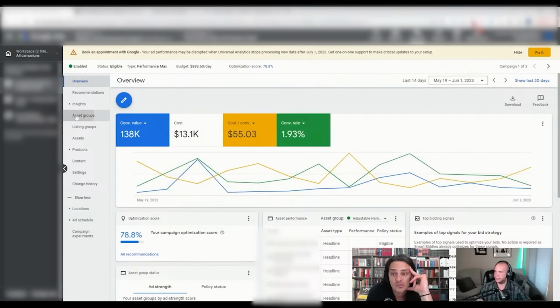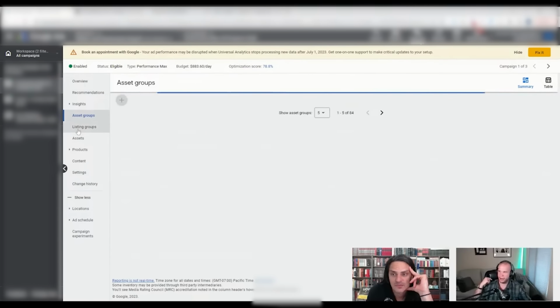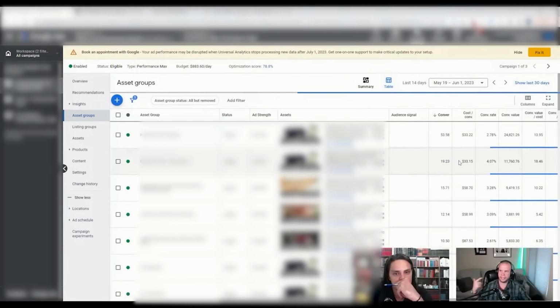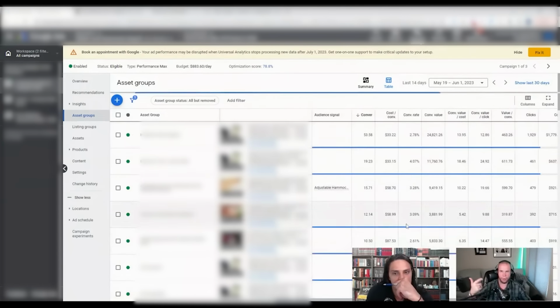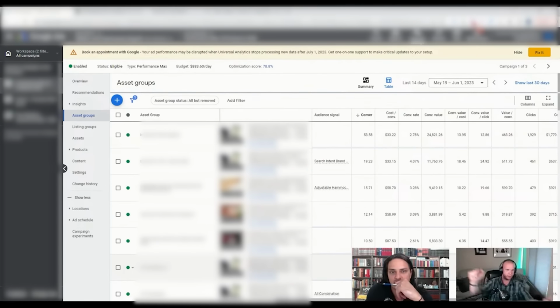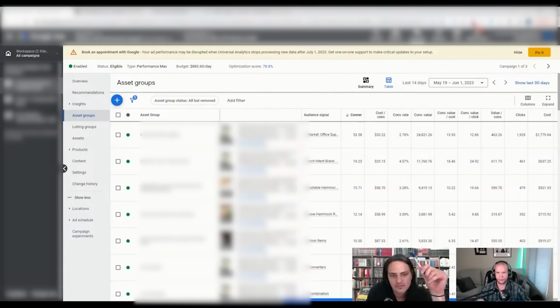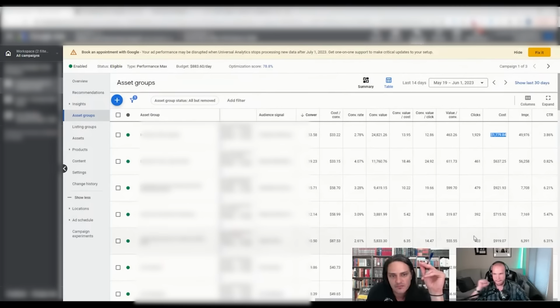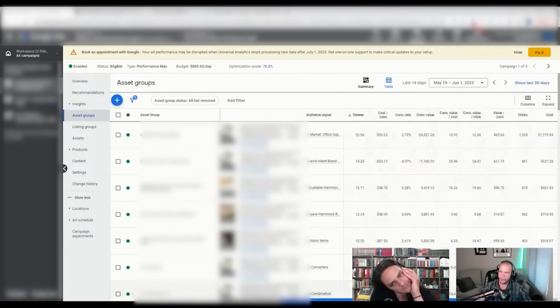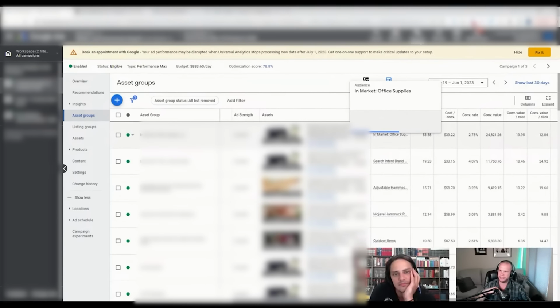Wow, so fantastic. And then it says, hey guys, did you know that we now have the asset groups tables where you can see what asset groups are performing well? And I'm like, holy crap. The internet blew up and everyone's like, whoa, I finally get to optimize my asset groups. And I'm like, okay, wait a minute. So you're telling me that I have 53 conversions at $33 a conversion, and I made $24,000 in conversion value with a 14x return in my in-market office supplies asset group. That is fantastic. A good thing is putting a bunch of cost there. Man, I love this. Conversion rate's good. Everything is looking hunky-dory, like beautiful. And I'm like, you know what? Why is my in-market office supplies selling hammocks so well?